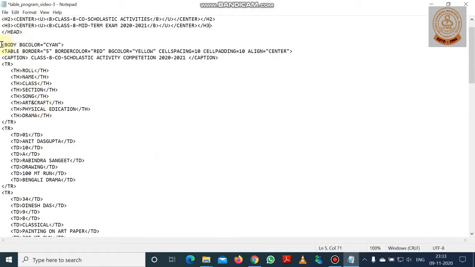In the body part, body BG color equals cyan. That means BG color is the attribute of the body tag, which is set as cyan. Now the first table I have given. This is the first table. Table border size is given 5. Let it be 10 border size. Border color is red, BG color is yellow, cell spacing is 10, cell padding is 10,